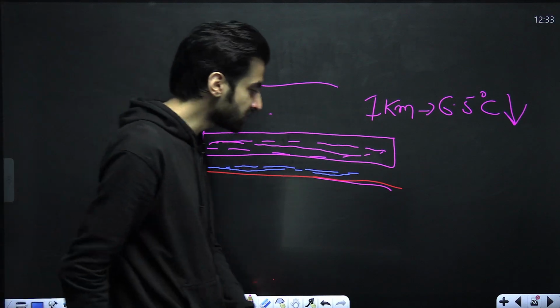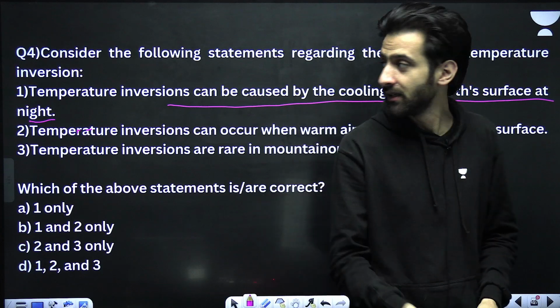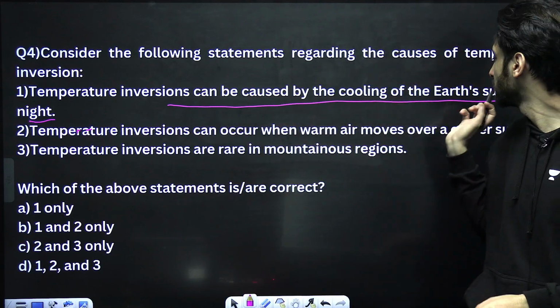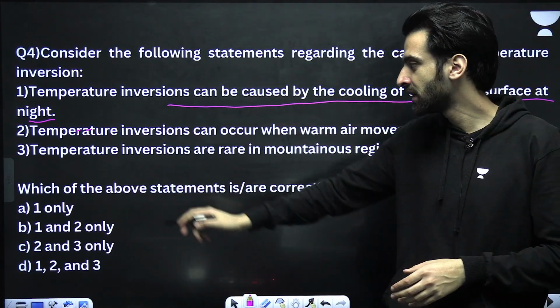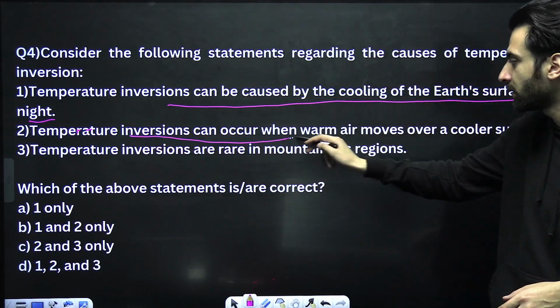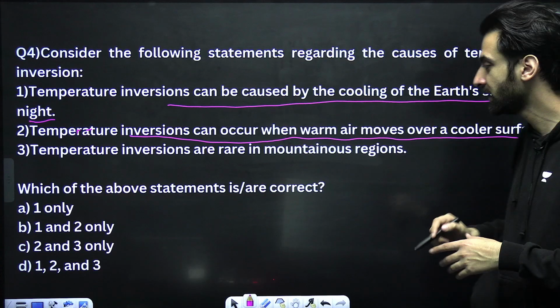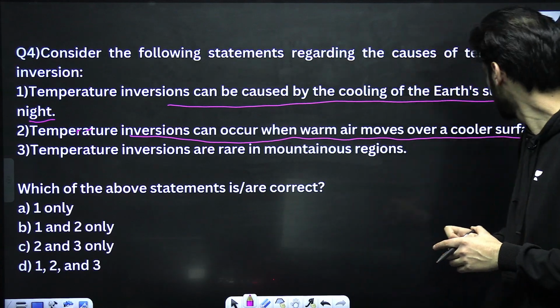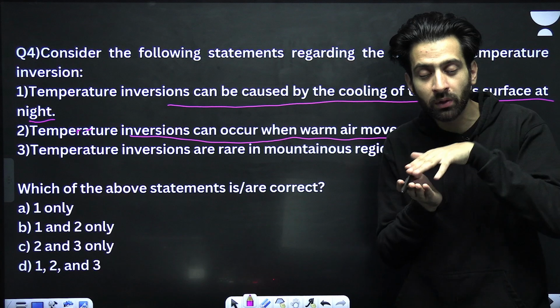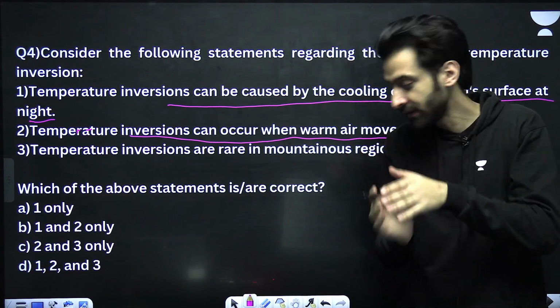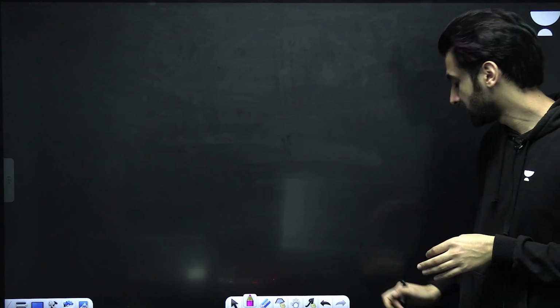So yes, the first statement is correct. The temperature inversion can be caused by cooling of the earth's surface at night. The second statement: temperature inversion can occur when the warm air moves over the cooler air. Yes, that is again the same. Why is it? Because when the warm air moves over the cooler surface, the area that I just mentioned here is that